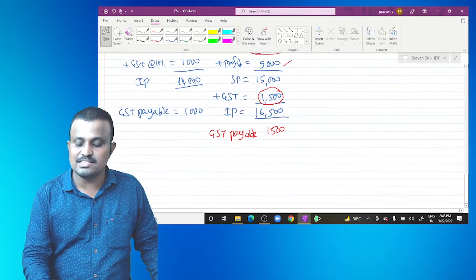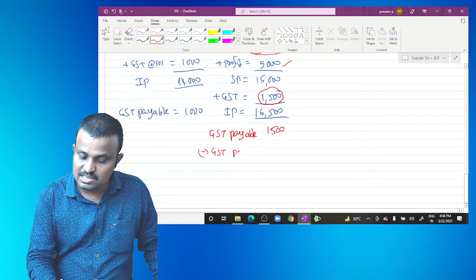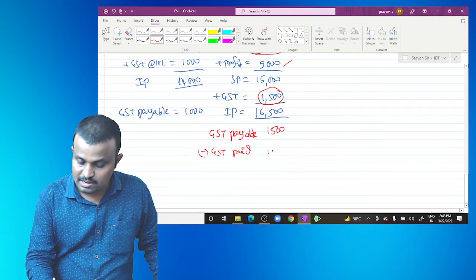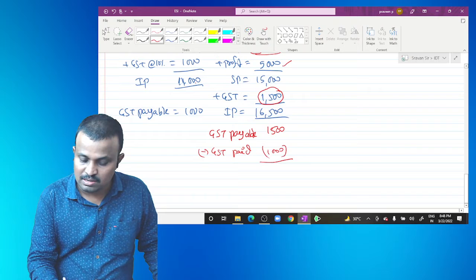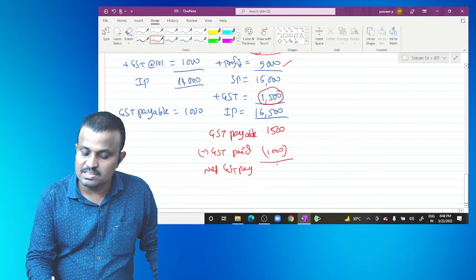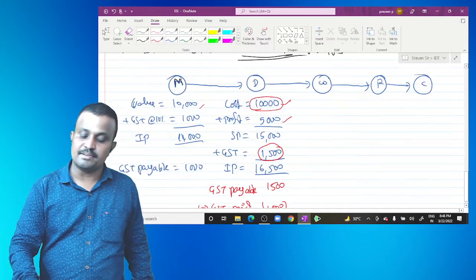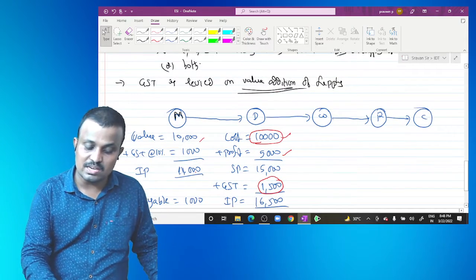So GST collected is how much? 1,500. Then out of that, GST already paid. How much amount did he pay? 1,000. So net GST payable. How much amount is there? 500. Same way, if you come to the wholesaler,